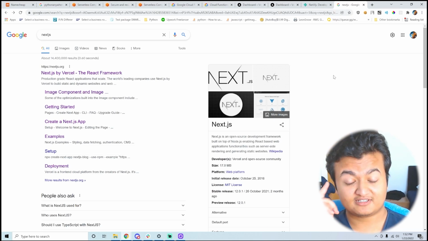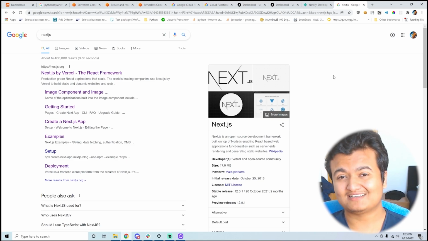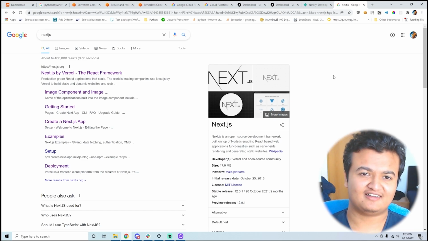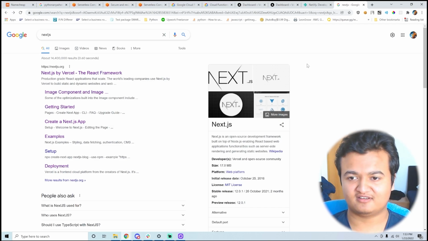Then you cannot actually host your database because there is no database in a serverless function. So you do need to connect to a database, but it needs to be using a URL instead of just saying localhost colon 5432,